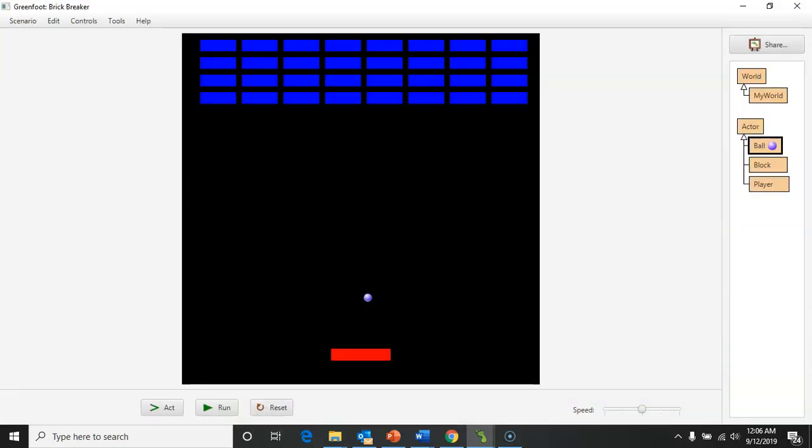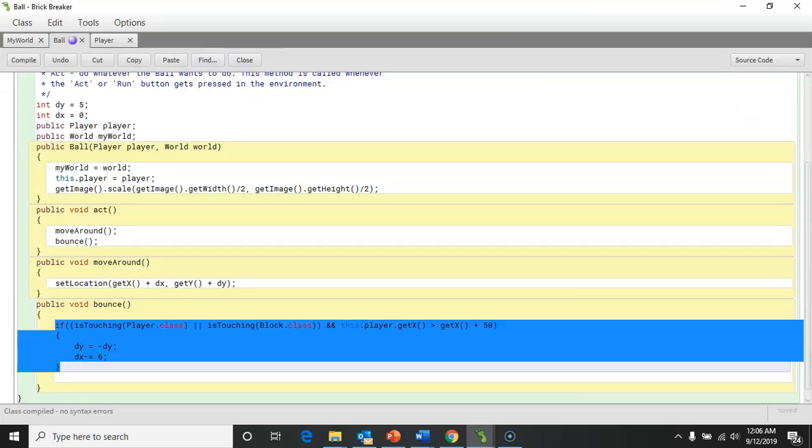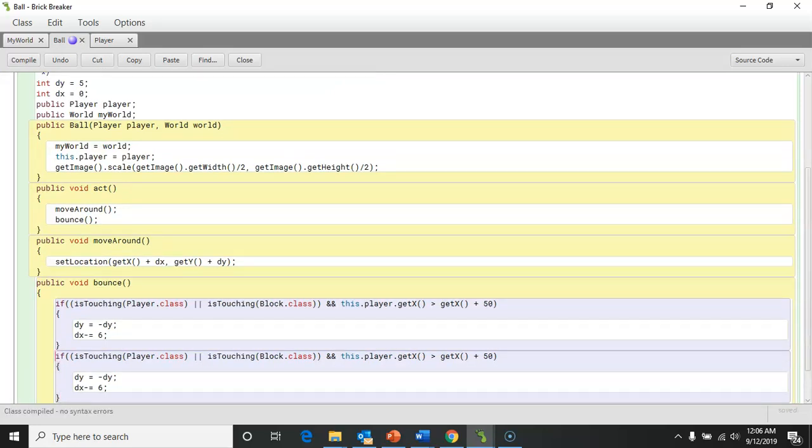So if the player is still greater than 50 plus on the x, it'll bounce to the left. And then if you copy that and then paste and say else, otherwise, if the player is less than